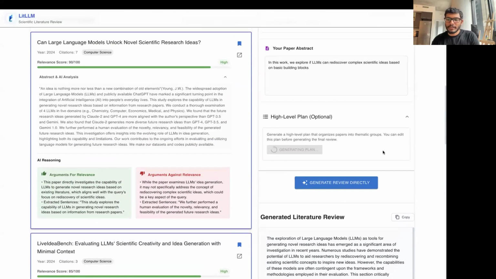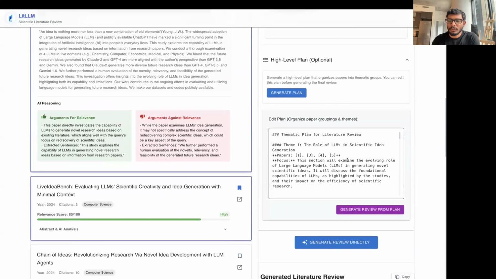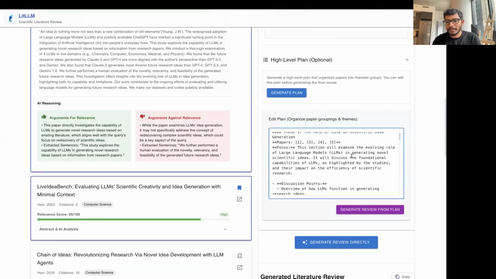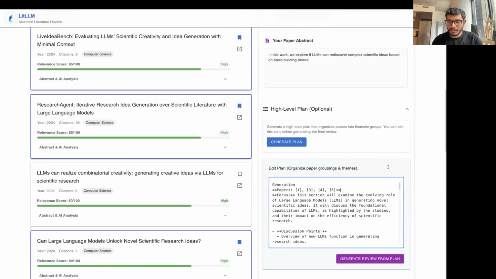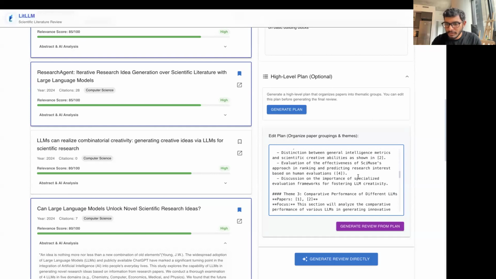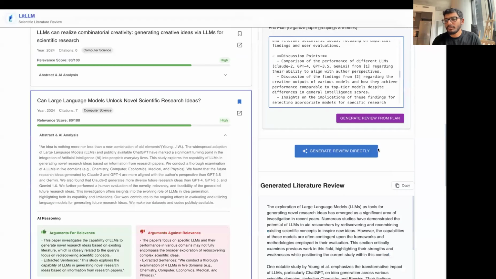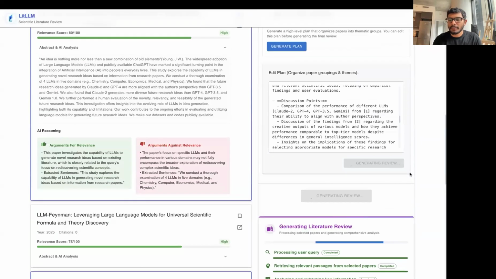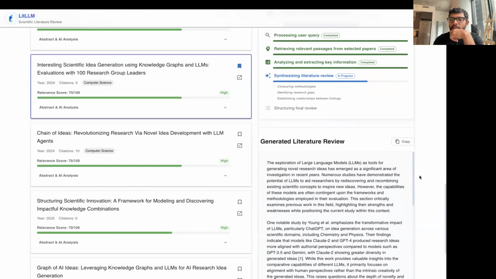What we can also do here is first ask the LLM to generate a plan for the review. It's going to identify certain themes, and these themes are editable. You can see in the plan what papers it plans to include for each theme and what this theme overall is going to be about. If you like the theme, good. If you don't, you can edit it, and then you can tweak this review to follow this plan. And if you give it a few seconds,